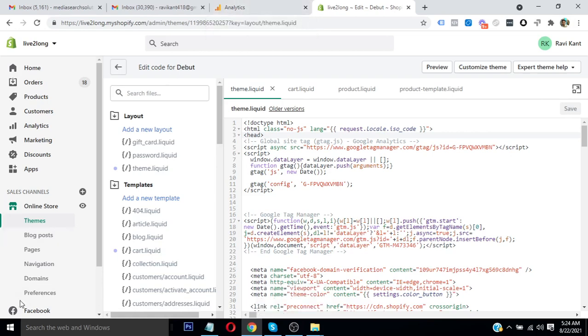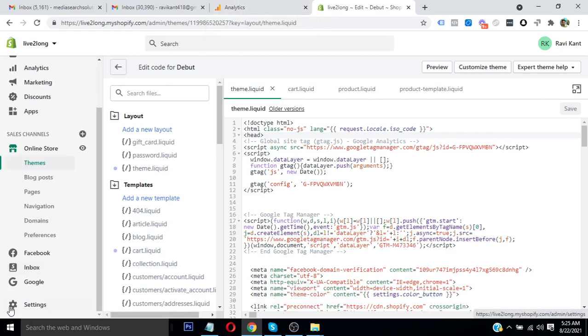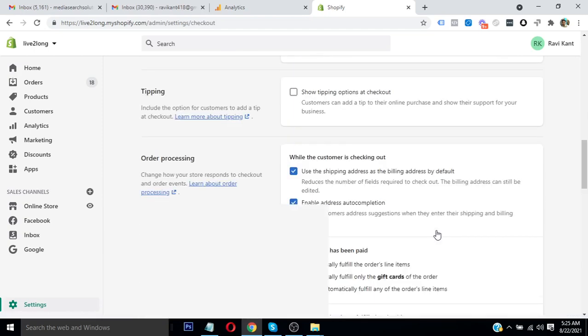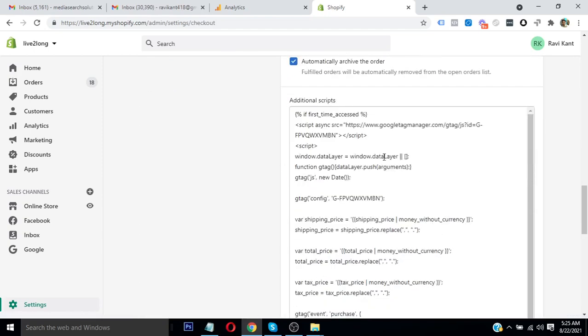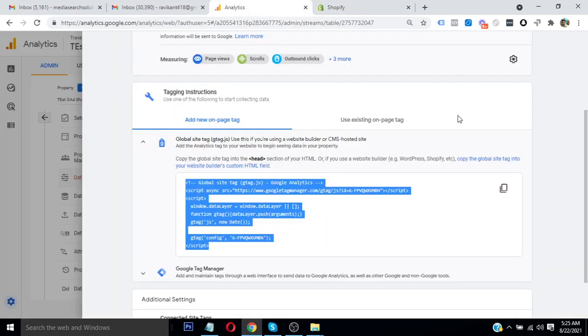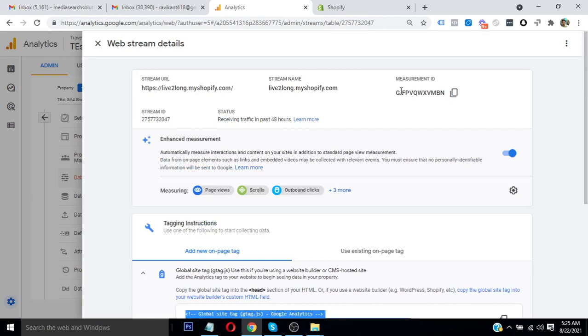One more thing I forgot to inform you. Let's go back to the admin panel, in the Settings, from the left navigation, and go back to Checkout. Once you paste this code, it is important that you replace the measurement ID with your analytics ID. You need to replace it in two places, and you can find your measurement ID in the same window which I have shown you.